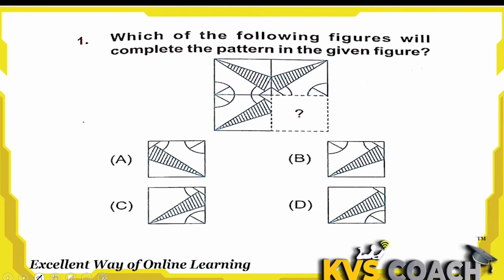Logical reasoning. First question: which of the following figures will complete the pattern in the given figure? So let's see the figure here, how we can complete the pattern like this, and after that this to this, and after that this, and then this will be the pattern here, and here the circle completes, and here it will be like this. Okay, so the pattern will be matching with this part here. You can see that yes, A is the right answer here, because A matches this figure. So A is the right answer.